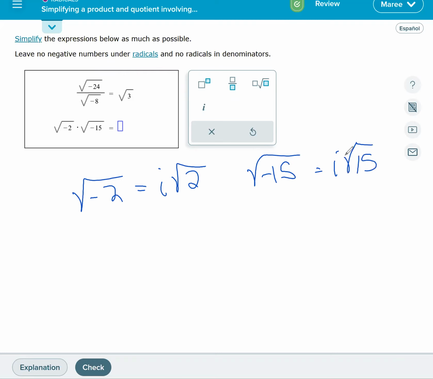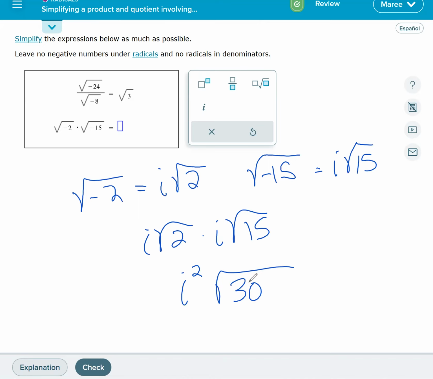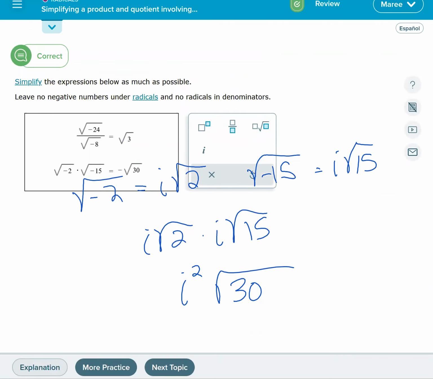So we're going to have, we're multiplying these. So i root 2 times i root 15. You can multiply what's on the outside, i squared, which is -1. You can multiply what's inside, square root of 30. These can't simplify anymore. So we're going to type negative square root of 30. So we type negative because i squared is equal to -1. Okay, that's the end of the